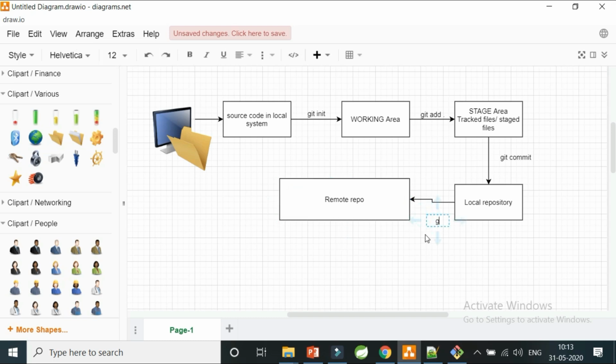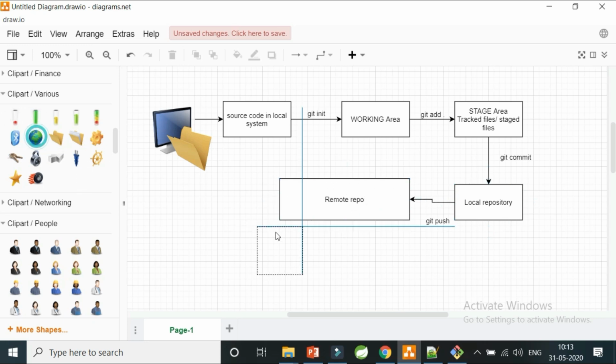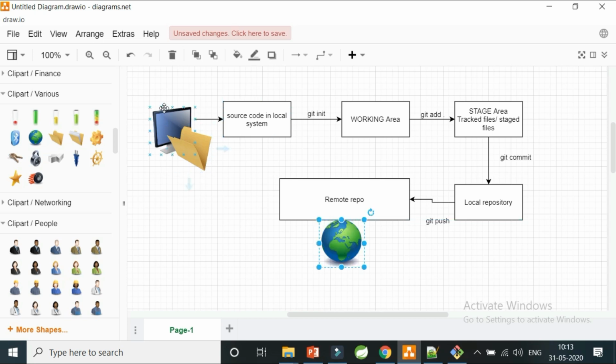By the git push command. So what does the git push command do? Git push does nothing but add all your files which are in a local repository to the shared repository on the internet. So only this particular thing is on the internet, and whatever you do till here is on the local file system.